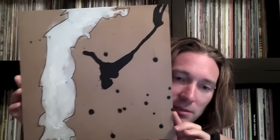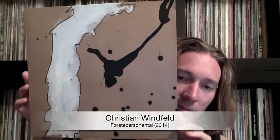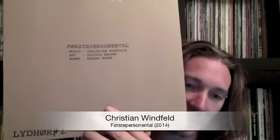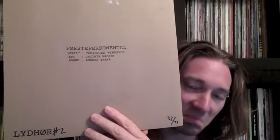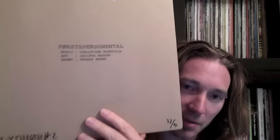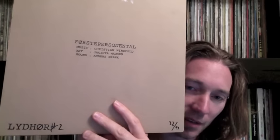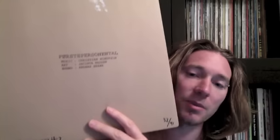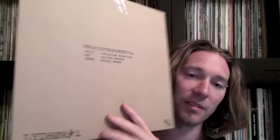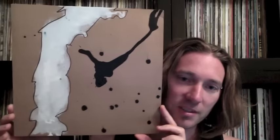I'll show you the first record that I'm talking about, and it's this one here. It's a beautiful cover. That's the name of the record. I can't pronounce it. Four Stepper Sonental, maybe. And that's what we're talking about here. It's number 32 out of 91. There were 91 copies made of this, and the reason there's such an odd number